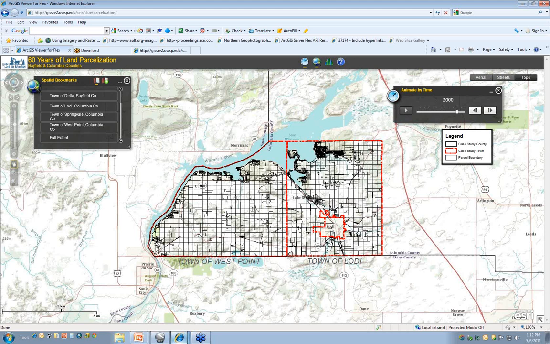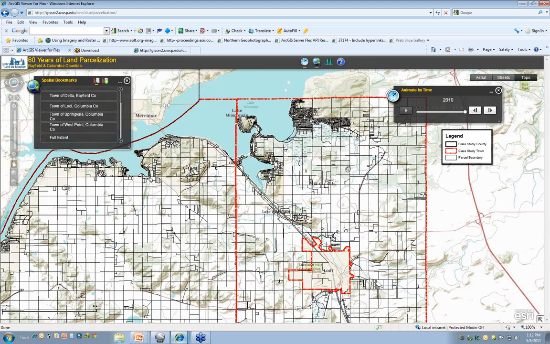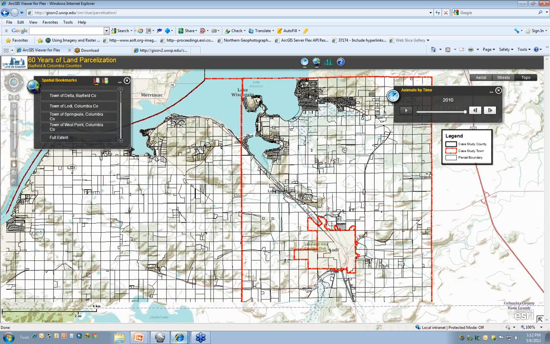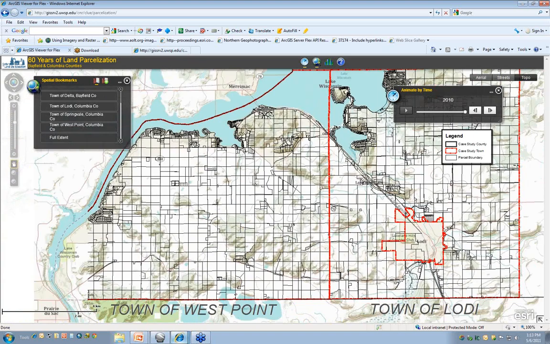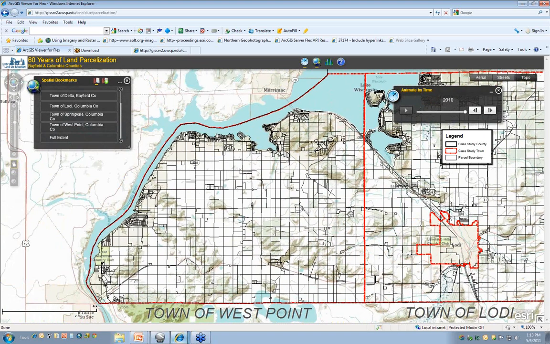the town of Lodi on the right here had the most parcels. But you can see most of the parcels are embedded in this one subdivision that is up on the top northern part of the town. If you scroll over to West Point, which did not have as much parcelization in terms of number of parcels, the parcels, according to the nearest neighbor index, were much more dispersed. They were not as clustered. And as a result of that, we're finding that the farmland in that town is becoming more fragmented. You'll notice little pockets of larger parcels subdivided, scattered throughout the town than you do in the town of Lodi.